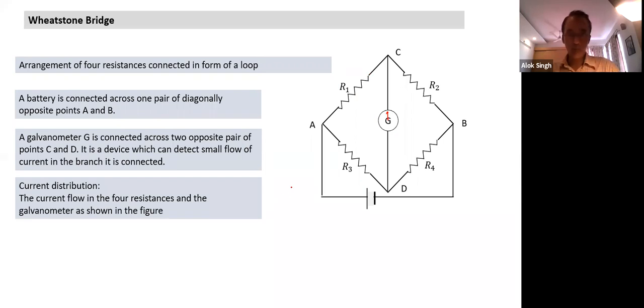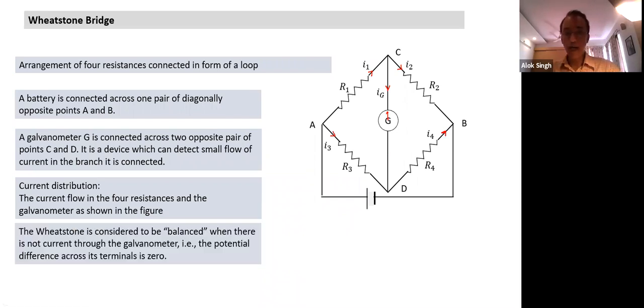Now we'll do the current distribution. If we have to mark a current distribution, how would I mark it? Let's see, 4 resistances. In this, let's say the current is I1, this is the direction. Current I2 I also mark in this direction. Let me mark the current I3 assuming this direction, and current I4 in this direction. So I mark the currents I1, I2, I3, and I4 in the 4 resistances R1, R2, R3, R4 in the directions indicated. And let me mark some direction for the current in the galvanometer, which is in the branch CD. So we have done the marking of current.